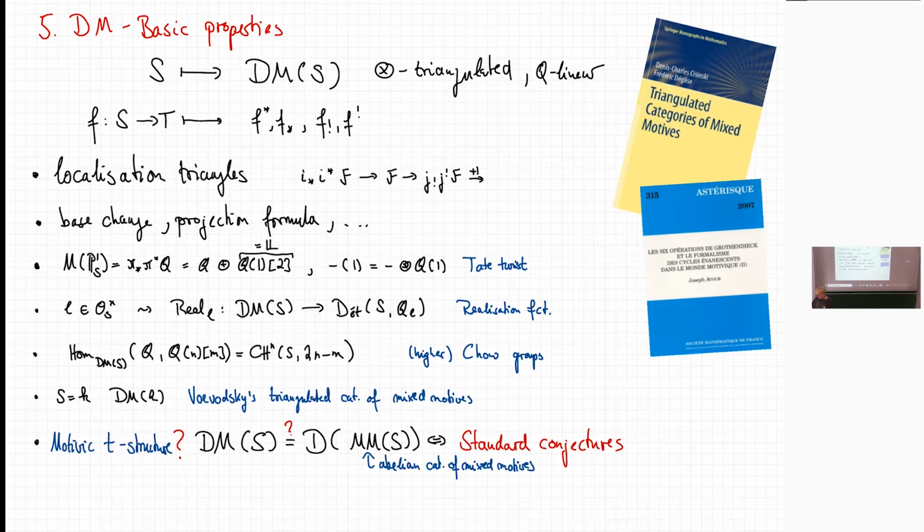Good. So the first thing is: why is this DM a triangulated category, when one would usually expect an abelian category? The problem is with motivic t-structures. Conjecturally there should be a t-structure on this triangulated category. It cuts out an abelian category of mixed motives and has nice properties, but this is related to the standard conjectures. So this will never be proven, but it's still an interesting